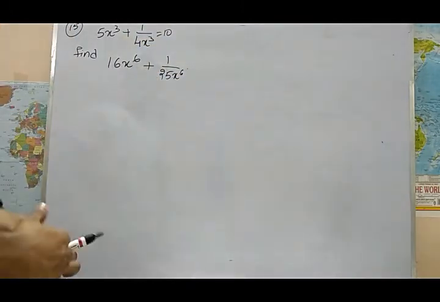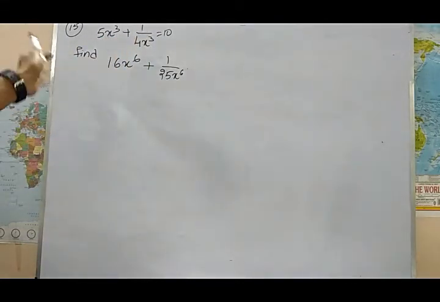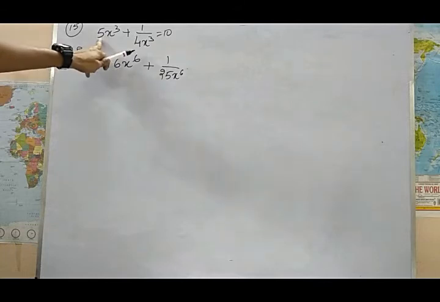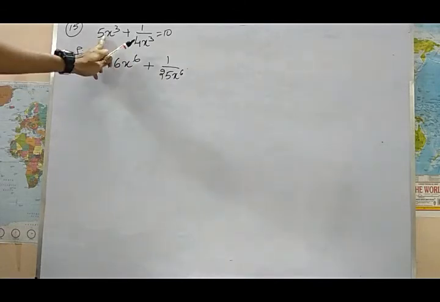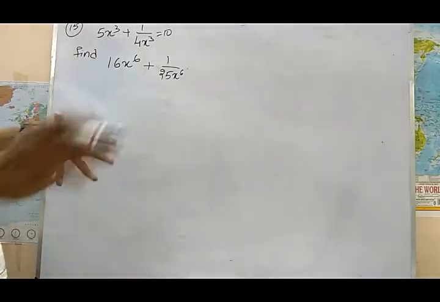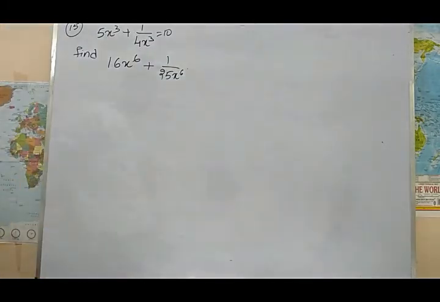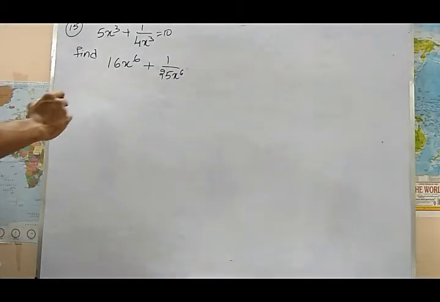So observe clearly, students. Here we have x cube, x power 6. Okay, it's fine. There is no requirement to change anything. And what we need to change here? The numbers. See, we have 5 here, we have 16 here. But we can observe here, 5 we have in the upper part, we have 25 in the denominator part. So what we need to do? We need to multiply with something. Think what we need to multiply it with. What number we need to multiply it? Think for a while. Okay, we need to multiply with 4 by 5.